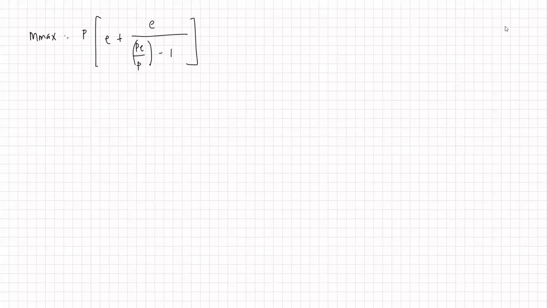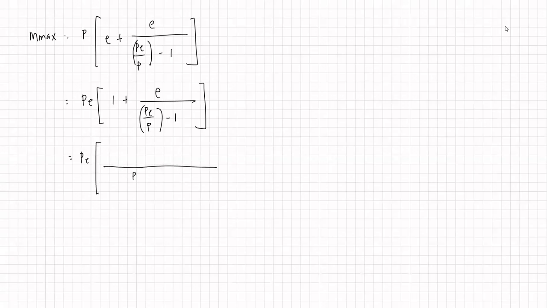So when we factor out yung E, so 1 plus E over PE over P minus 1. Then simplify. So this is P over P minus 1. So this is PE over P